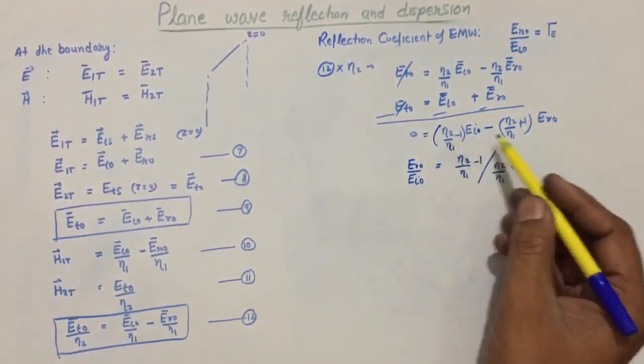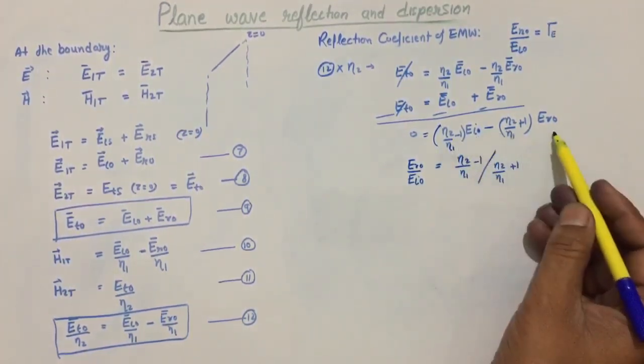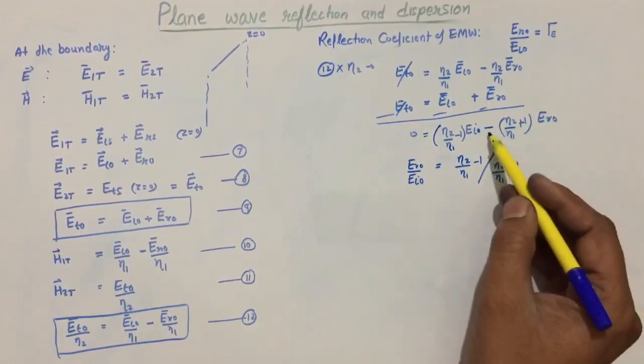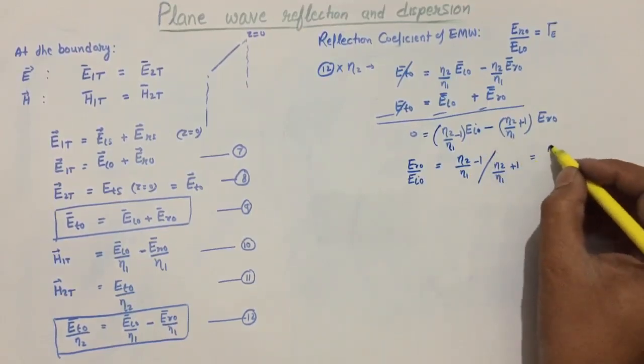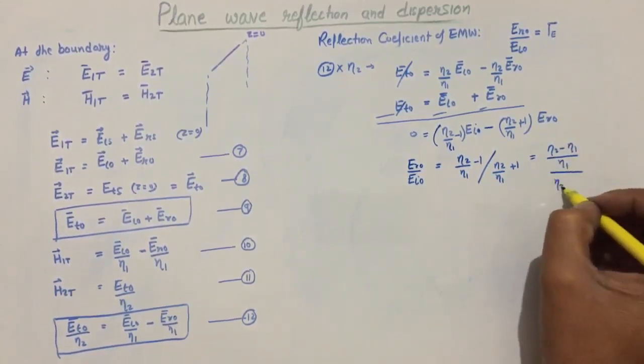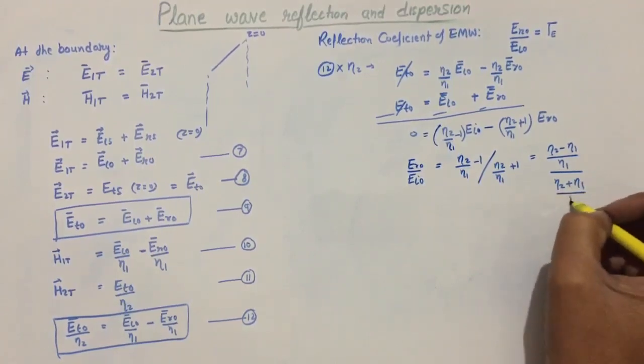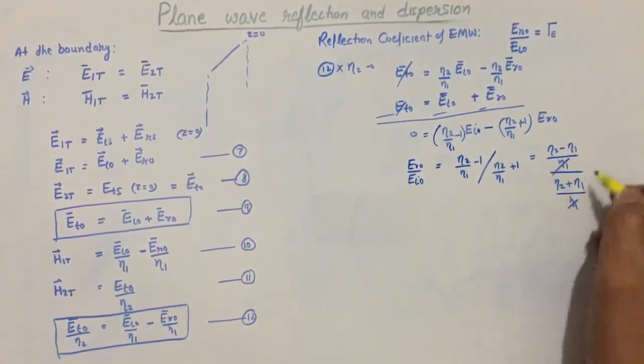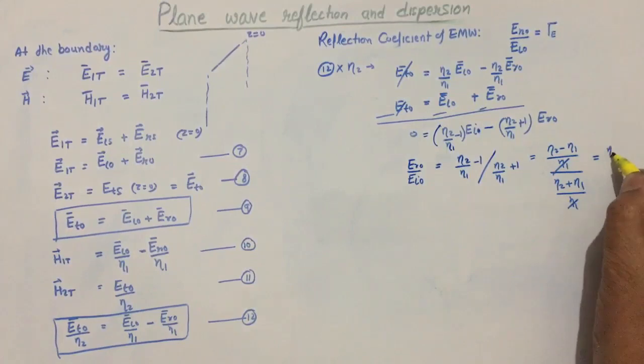Just this divided by this, it will be in the denominator. So further simplification will give us divided by eta 2 plus eta 1 divided by eta 1. It will be cancelled out, and the final answer will be